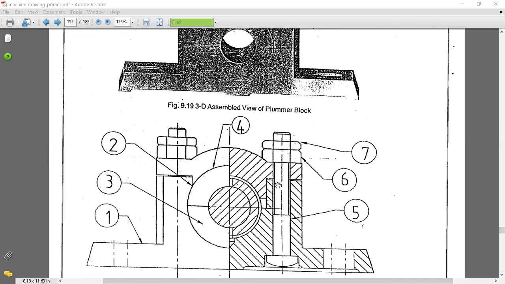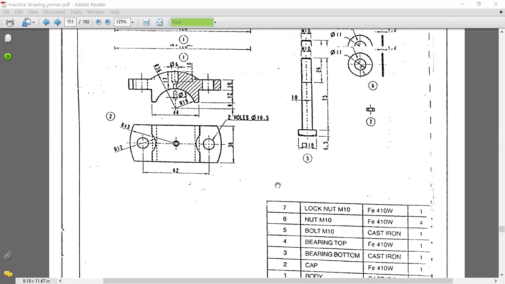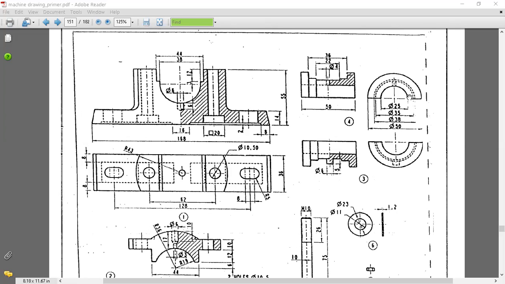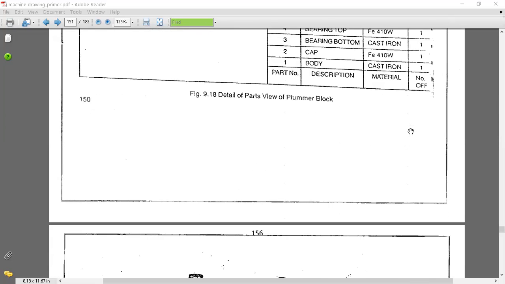If you observe the bearing bottom half and top half in the component drawing, they have given the front view and the side view. They have not given the top view. But you have to imagine how the top view will look by observing front and side. That much you should be capable of identifying the views. By observing these two views, you should be able to identify the top view here. That top view you have to draw in the assembled drawing.